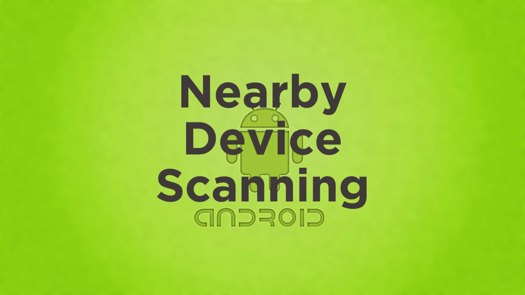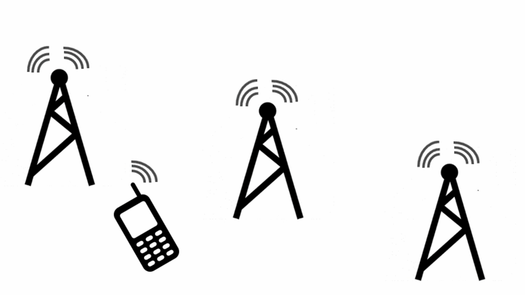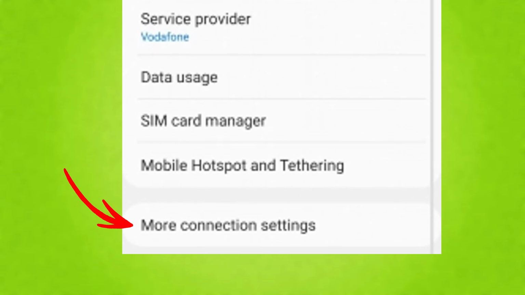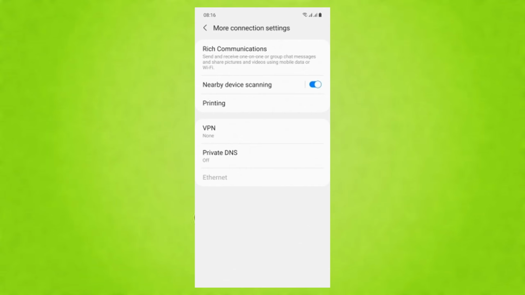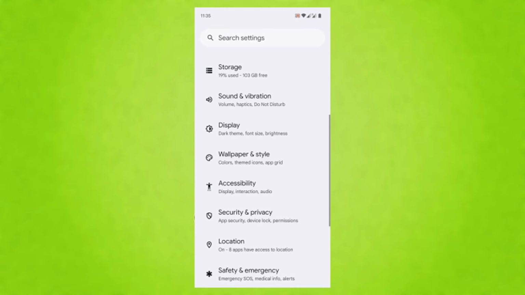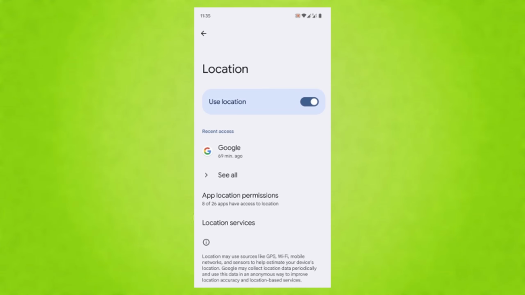Nearby device scanning for Bluetooth and Wi-Fi scanning. Constant background scanning for devices or networks actively uses your phone's radios and sensors. Go back to the Connections menu and tap on More Connection Settings. Here, you'll find Nearby Device Scanning. This setting constantly scans for nearby devices, even if Bluetooth is off, which can silently drain your battery. Turn this switch off. Similarly, if you go to Location from the main settings page and then Location Services, you'll